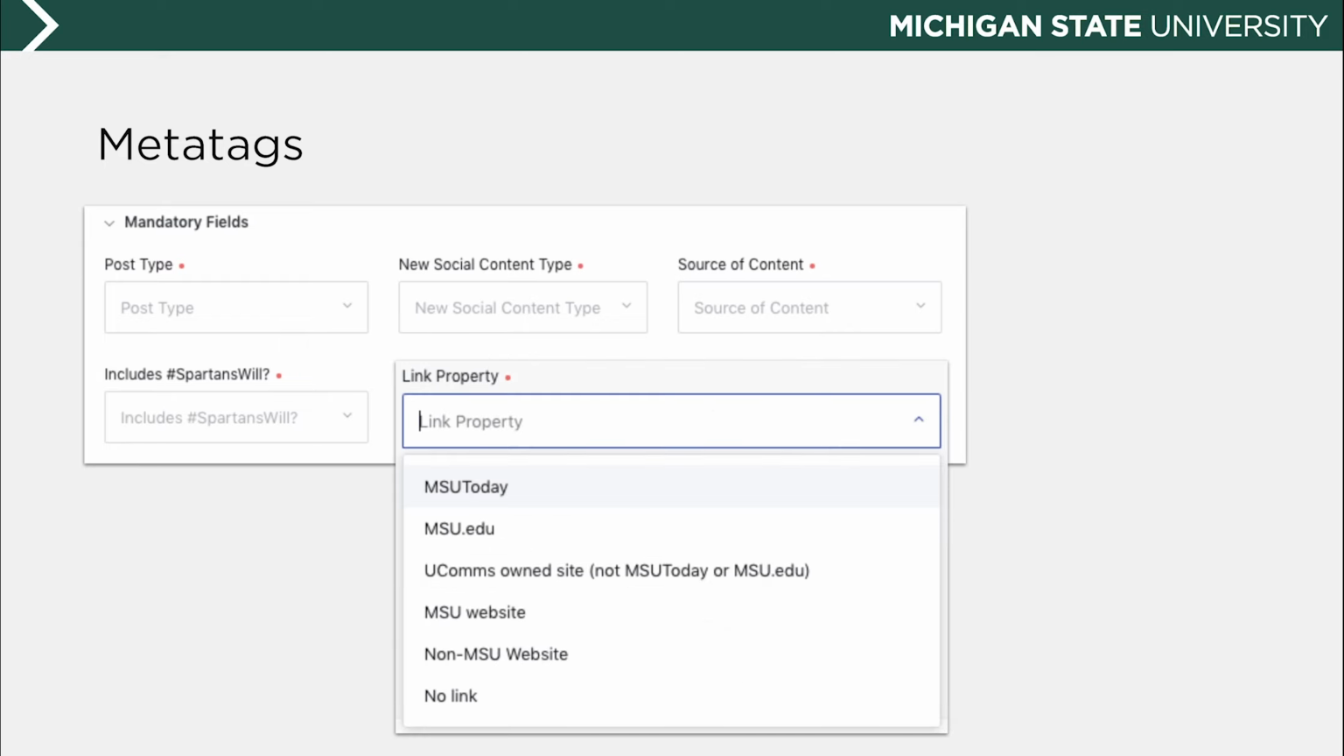Here's a little look at one of the drop downs of what this would look like. So this is the one we most recently updated. So we want to be able to differentiate between MSU Today, the homepage, another site that we own, so something like the Together We Will site. Is it a website that we don't own but is an MSU website, so if we're driving to a college, or are we driving to something like Forbes, or is there no link at all? So being able to really track these things for us is really important to know how social is affecting our